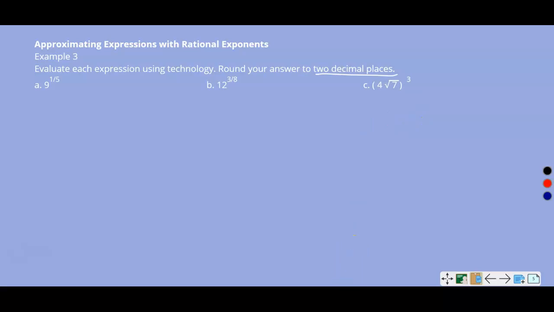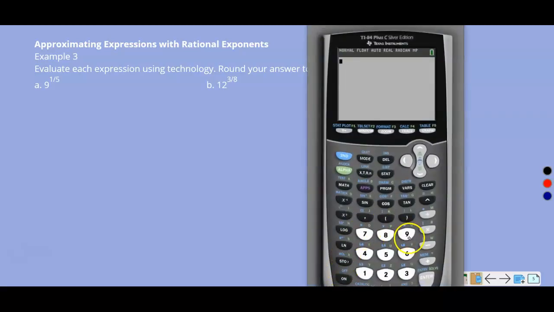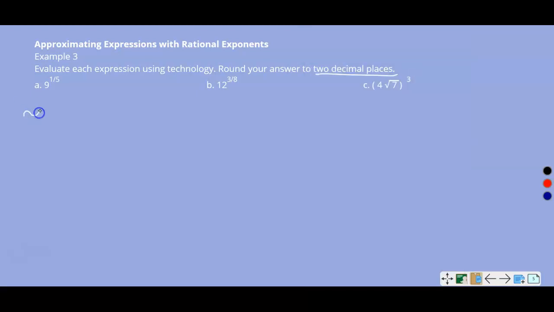So A part says 9 to the 1/5 power. So we're going to do 9 raised to the 1/5 power. Well, I forgot to divide here. Let's see. So divide by, all right, now it says 9 to the 1/5 power, and then hit enter. And it says 2 decimal places, so 1.55, because this number is lower than 5, this stays the same. So I'm going to have about